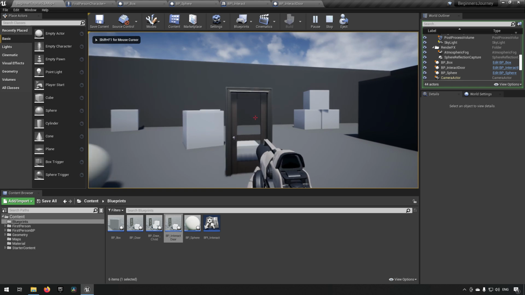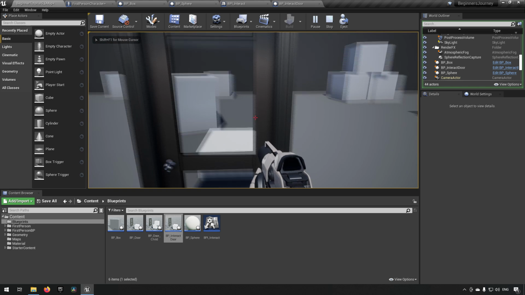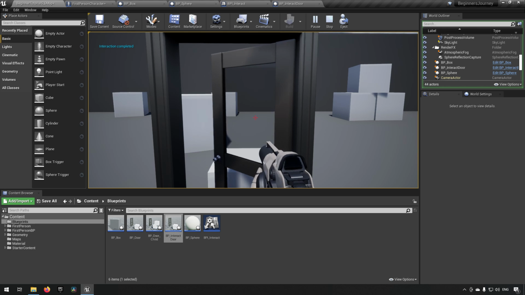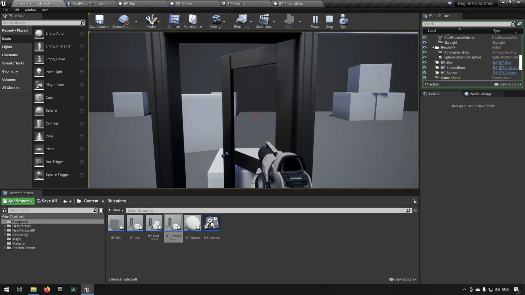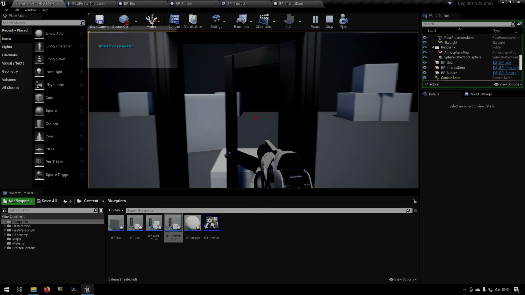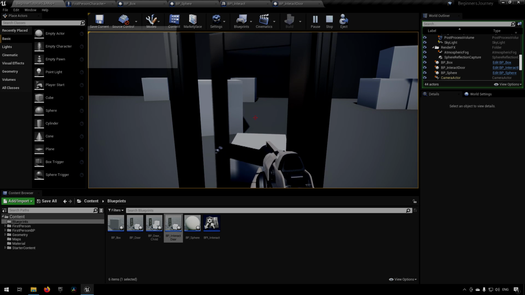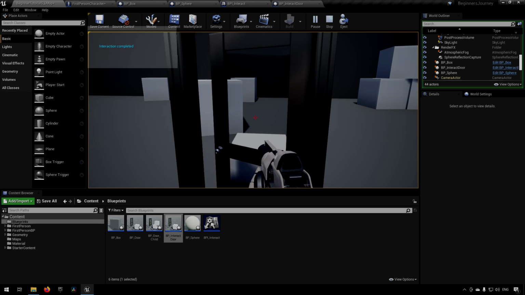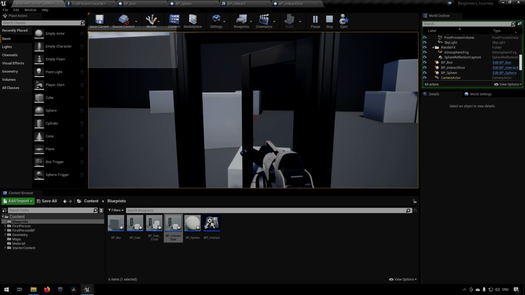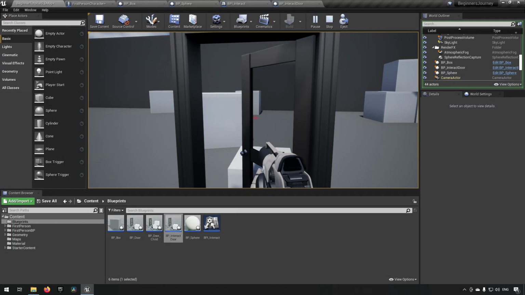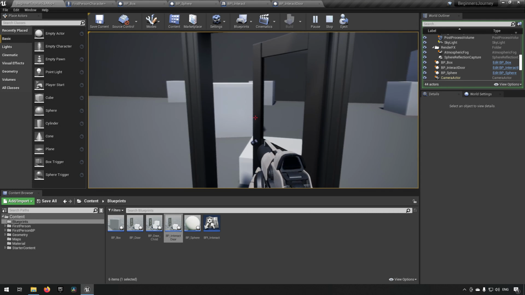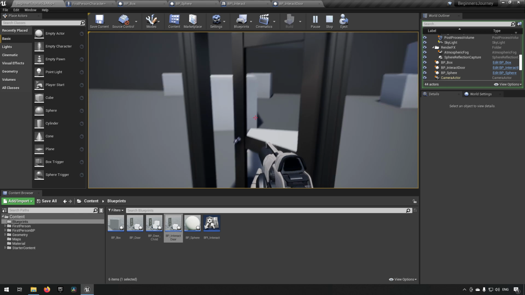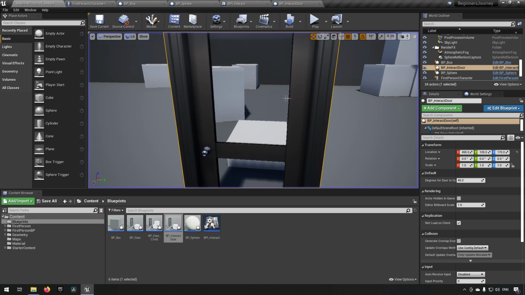So we walk up to the door, we should be within range now, and we press the interact key. It opens. Now you can see that it said interaction completed despite not saying anything else, and that's because this door is actually only reacting by opening the door. It doesn't print like the other ones did. You can also see that we get an interaction completed and then the door closes long afterwards, and if we go and look at